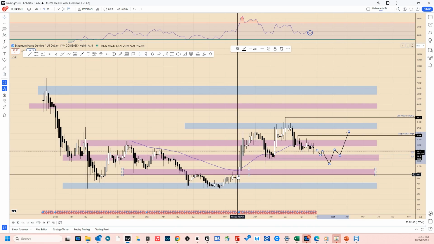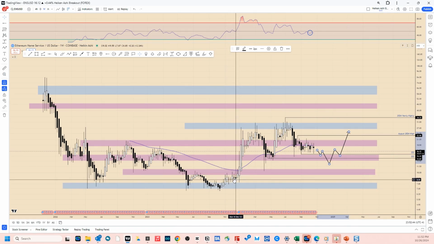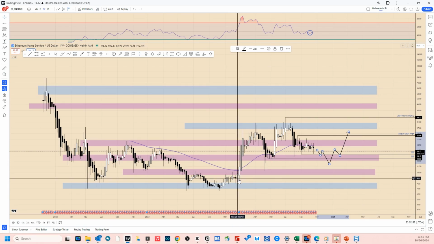So you bought here at the bottom. You're looking for a bearish doji, something like this candle, but I still wouldn't sell because if you look at the RSI, all you're doing is retesting the 50 RSI. So now, if you didn't sell right there, which I still wouldn't sell because you're in between these key levels